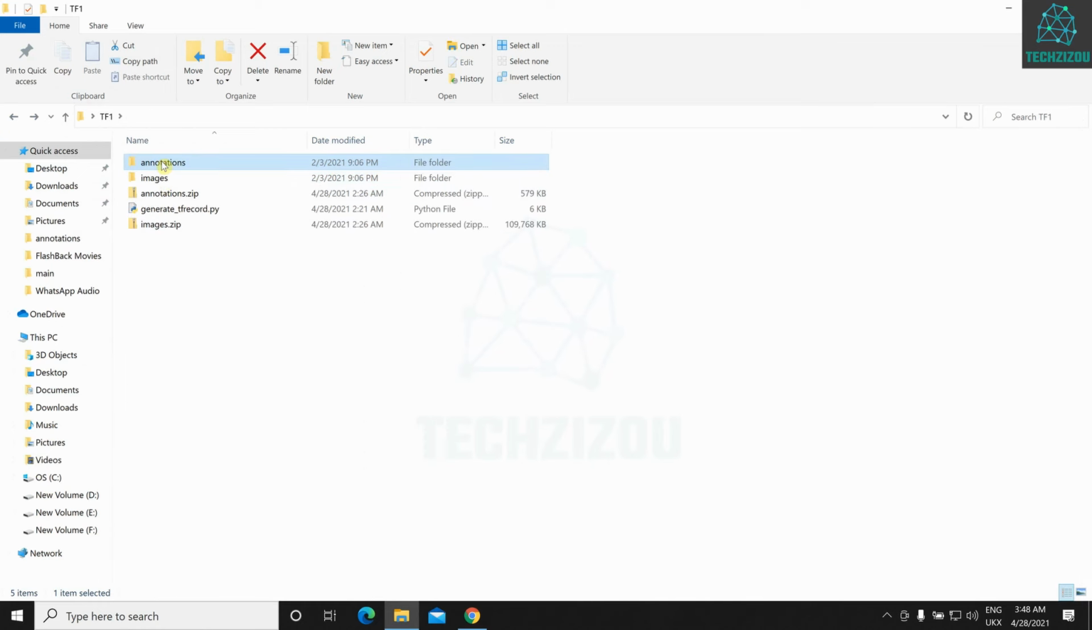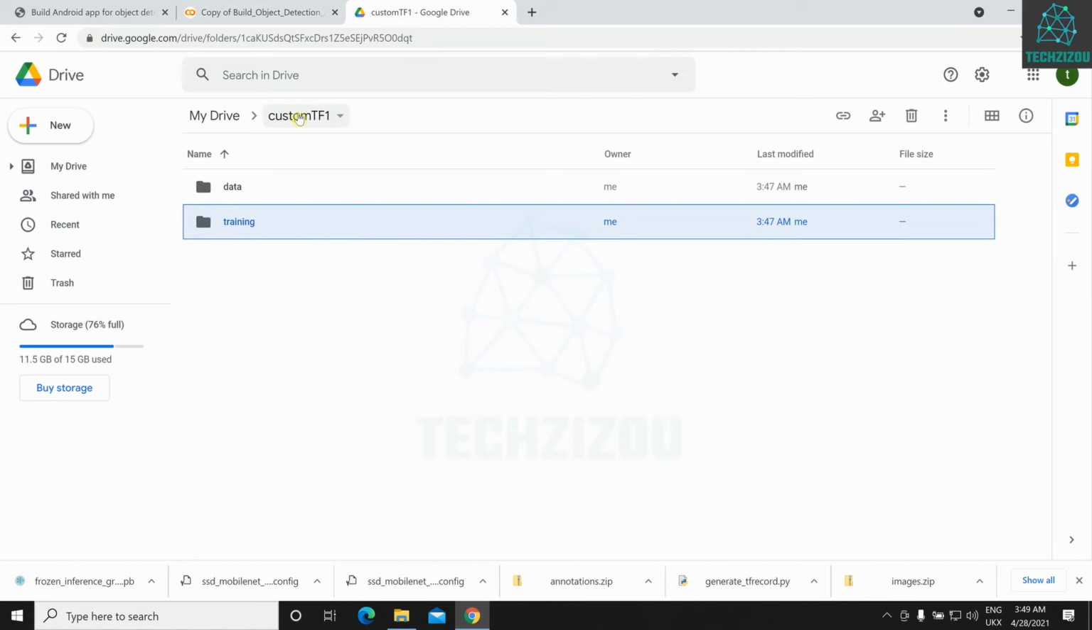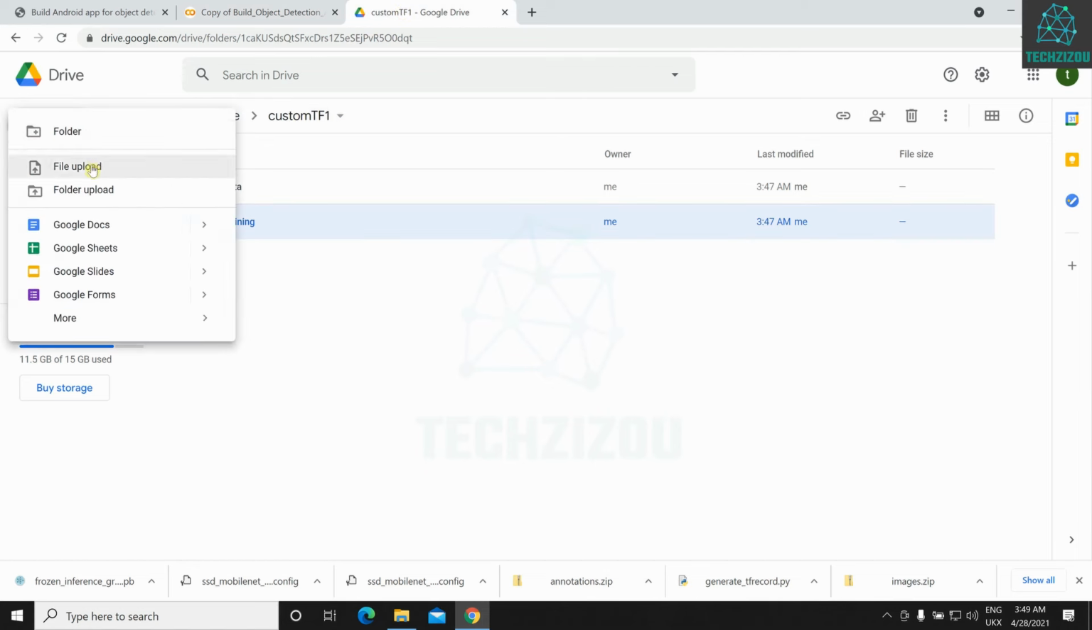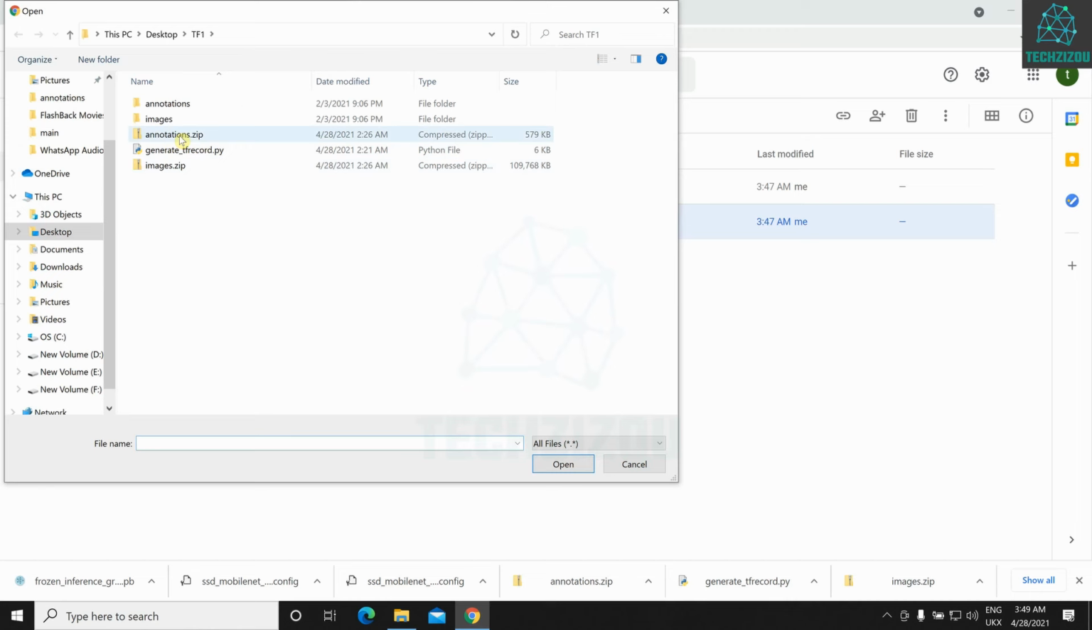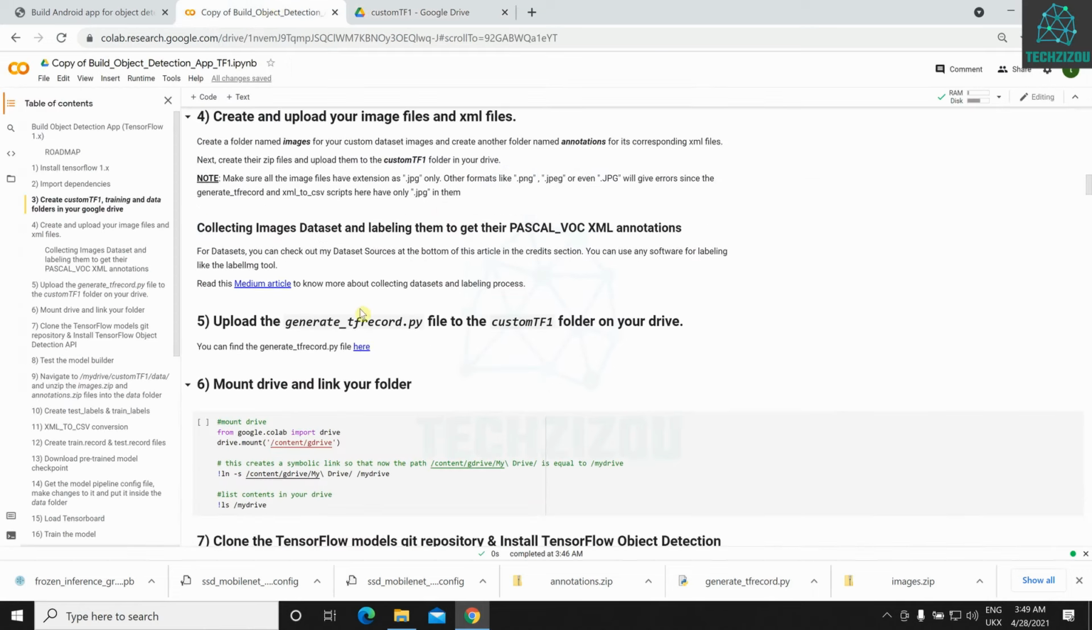Just create their zip files and upload them to this custom TF1 folder. Now for the next step,